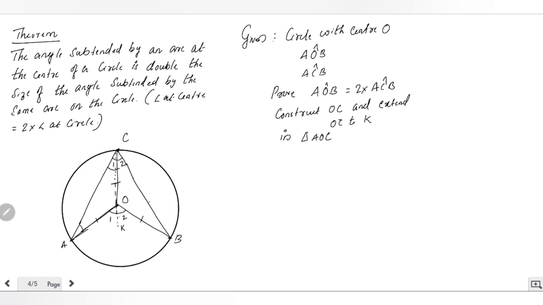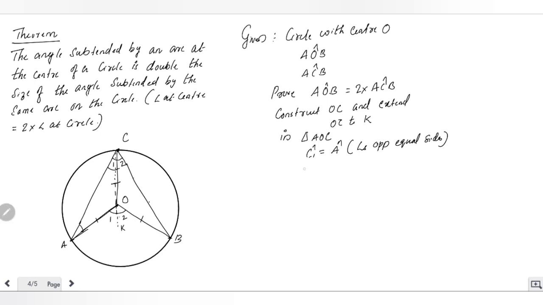Look at triangle AOC. Angle C1 is equal to angle A. What is the reason? Angles opposite equal sides. That is an isosceles triangle, isn't it? So